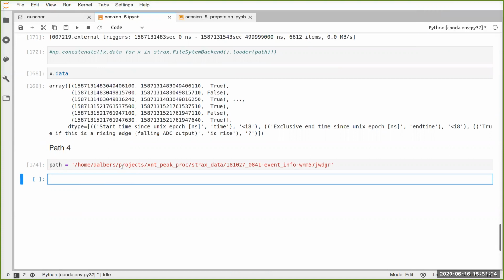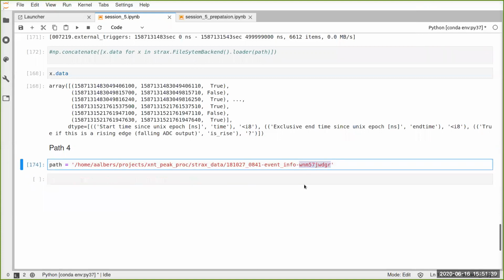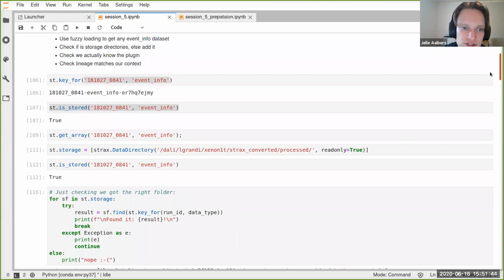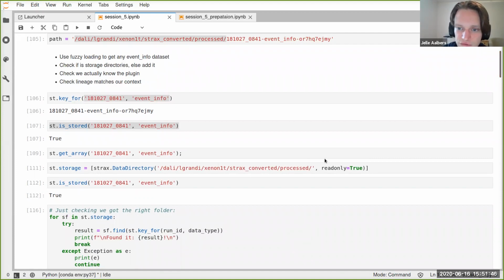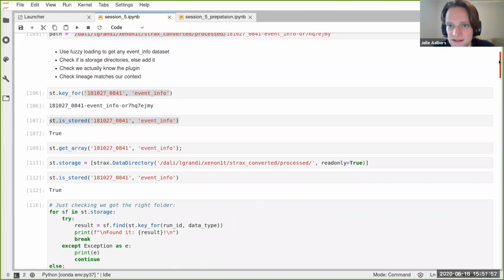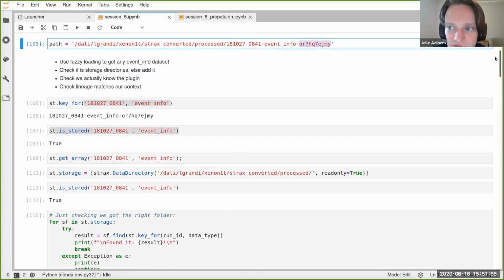I mean, this should be very similar to the one we just did. The difference is event info is a pre-registered plugin. Yeah, that's right. But it's got a different lineage hash. Yeah, right. So the methods we did under 1 and 2, where we just changed the front ends, are not going to work, because it's not a matter of finding the data. It's that this data is not what the context is asking for.